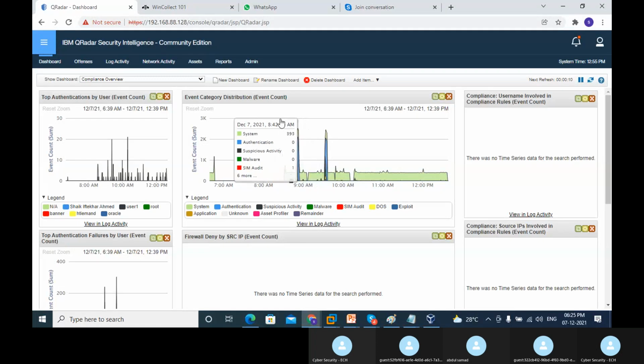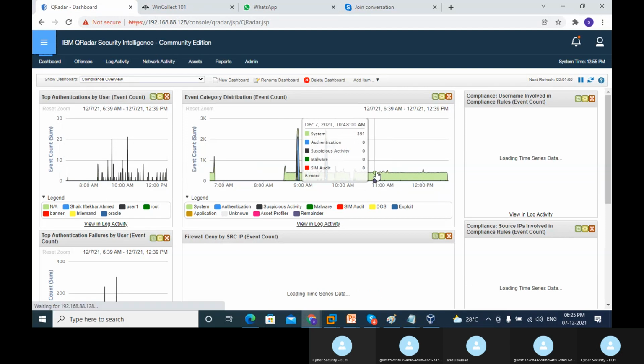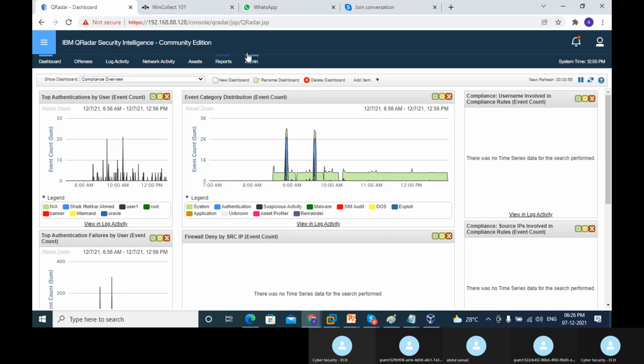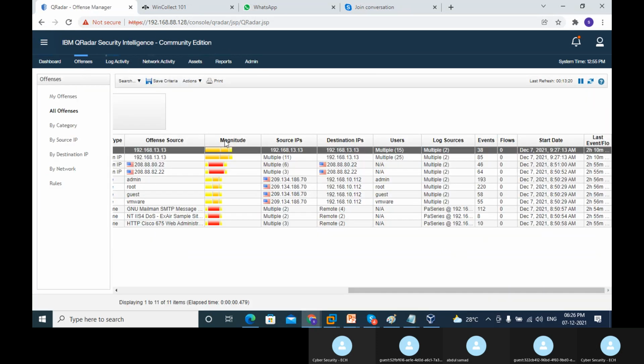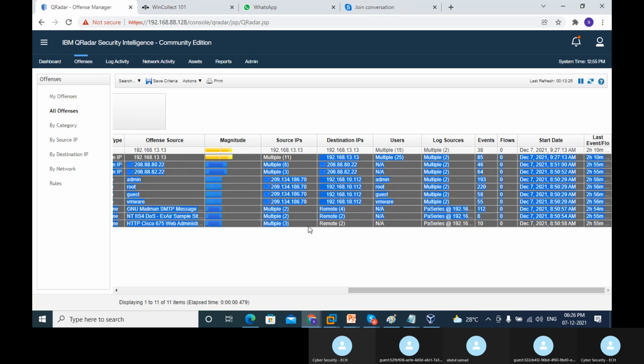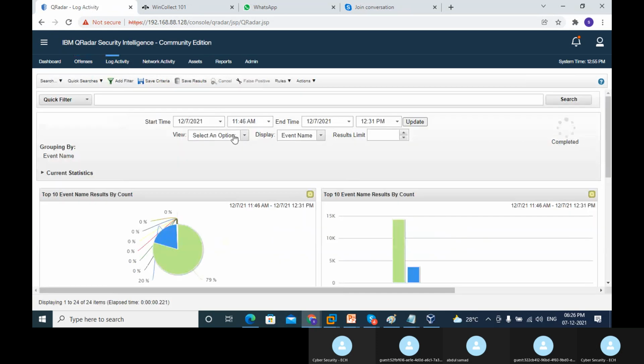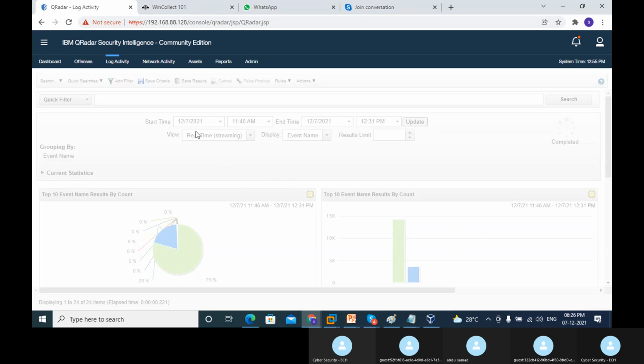So this is one of the QRadar platforms here. This is what happens when you're working in an organization. The tool will be there, but this is the community edition. There will be some add-ons on the licensed tools when we talk about it. But the logs and the process, whatever we are doing, will look like this only. This is a source IP, this is a destination IP, and this is all about the live environment. If I click on the real-time log process and the events as they're coming in, you're going to see that it's getting loaded and updated.